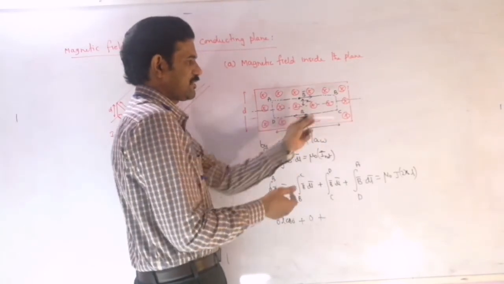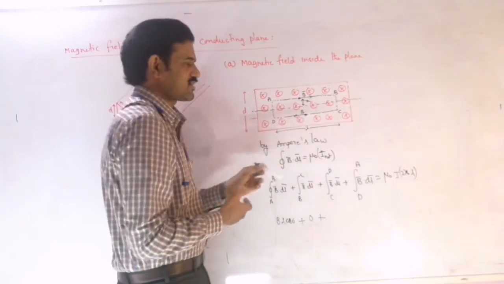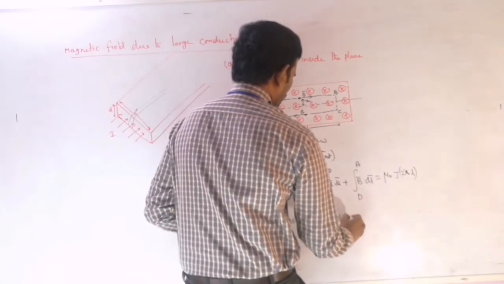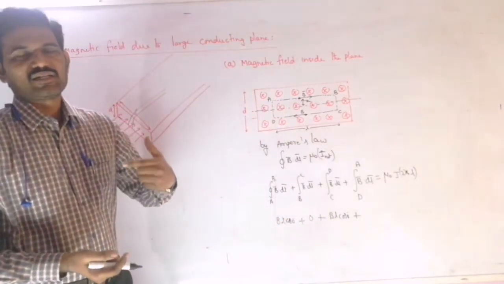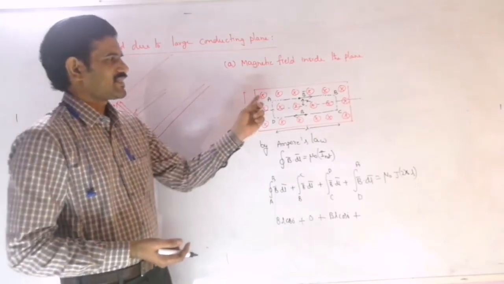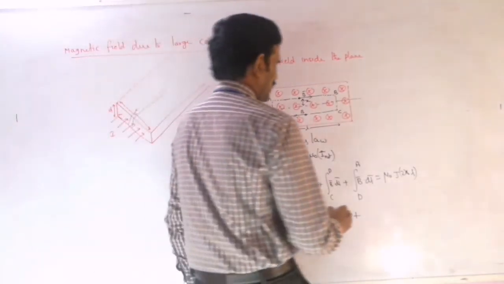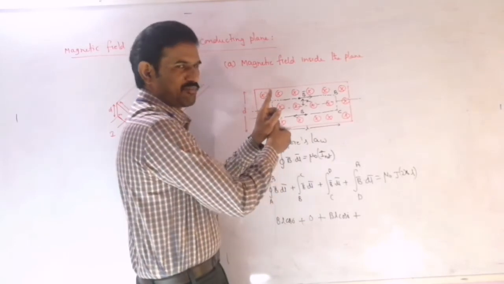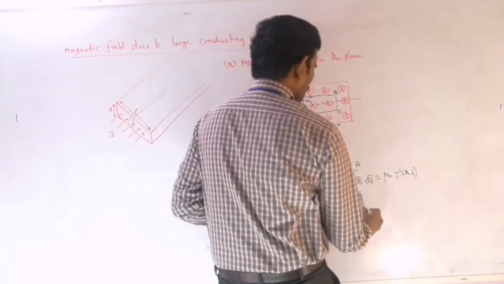So C to D, again the magnetic field is along this direction and we are coming in the same direction. dL bar is along the same direction, and so the integral of that means B into L cos 0 you can write here, plus previously for the circular we were writing that dL bar means integral of dL means 2 pi r. Now here this length we write directly because it is a straight line path length, so that circumference we are writing there, plus again for D to A the magnetic field is along this direction and dL bar path is along the direction, so B dL cos 90 you will get, so the term will be 0.